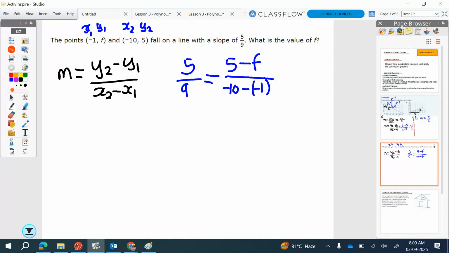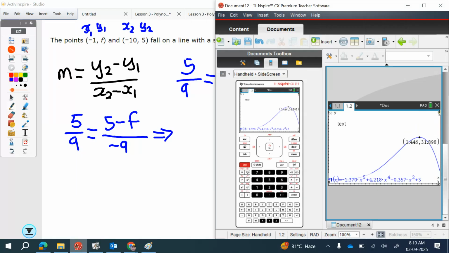We can type it in at this particular point into the calculator if we want, or we can do a little bit of arithmetic. I prefer to simplify it slightly. We've got 5/9. It will be quicker for me to type it into the calculator. So I'm going to just do this. -10 plus 1 is going to be -9. I'm going to put this into the calculator. We can solve it completely by hand if you want, but if you find it quicker, you can use a calculator. Don't forget when you start on the calculator,